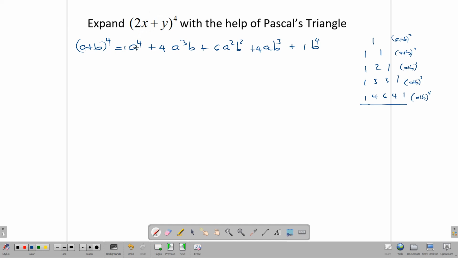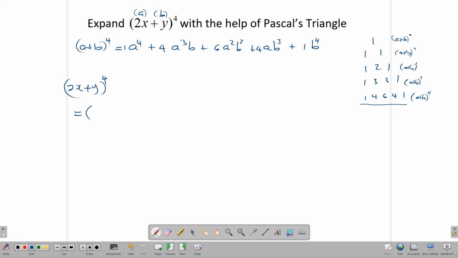So it's a to the fourth, but here our a is going to be our 2x, and our b is going to be our y. So we need to substitute these into this. So let's do that. So our 2x plus y raised to the fourth power is going to be, let's substitute this,